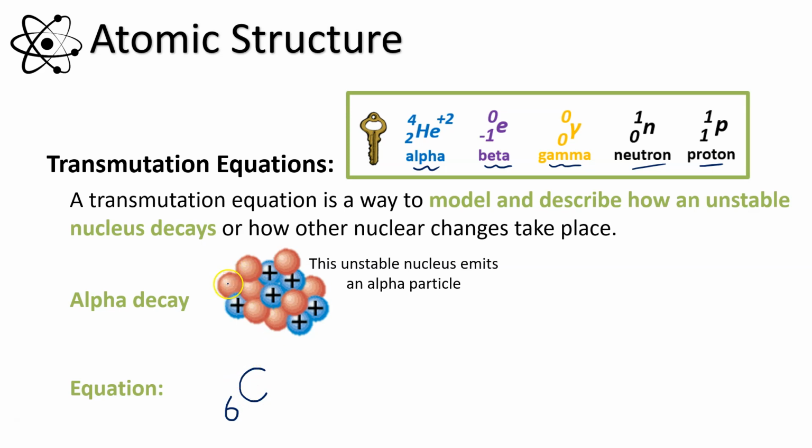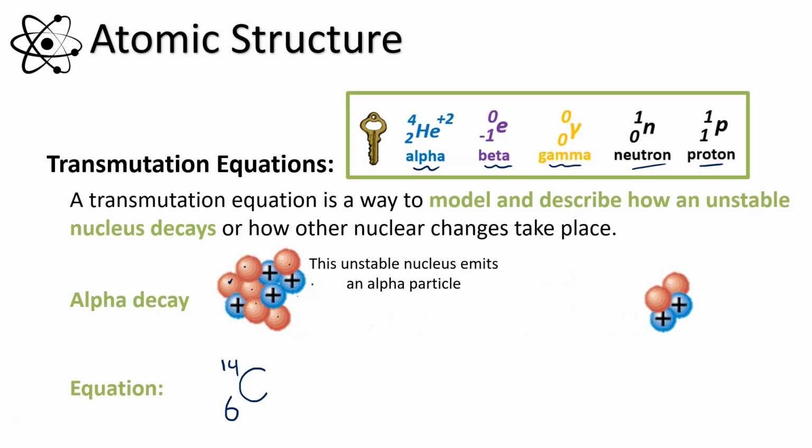If I also count the neutrons, I think there's 8: 1, 2, 3, 4, 5, 6, 7, and 8 neutrons for a total mass of 14. So before the decay takes place, I have a carbon-14 atom. Now if you watch that nucleus, we're going to have it undergo the alpha decay at this point, which means a piece of it, the alpha particle, is going to break free and go flying off,